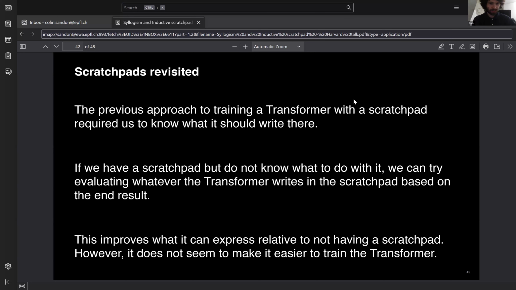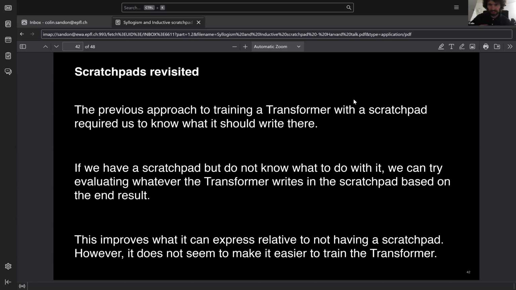And you can have a case where there's some small number of samples where we know what the correct scratchpad could look like, but don't know it for everything. But that's either a weird edge case or something that requires a human to start annotating things, which won't always be the case. So that brings us to the question of what happens if we're willing to allow the net to have a scratchpad, but don't have any prior knowledge on what to actually write in it.